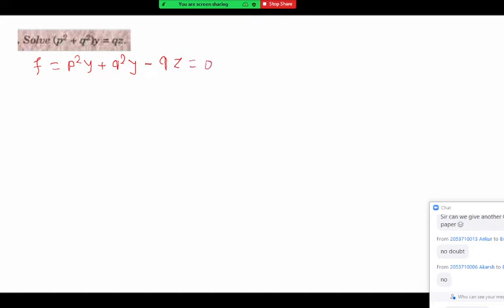So step number one, whatever the given equation we have, we have to write in the form of f of p, q, z, x, y equal to 0. So all the terms you have to take on the left hand side. And you clearly observe this equation doesn't have only p and q, it doesn't have only p, q, z, it doesn't have only x and p, and y and q, and it is not in Clairaut's form also. So we have to solve it by Charpit's method. Any doubt in first identifying the example or writing in this form?